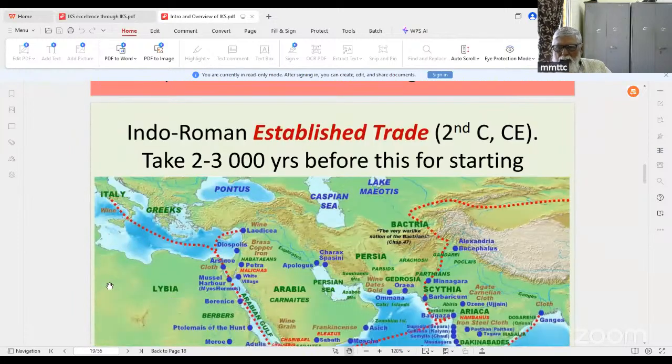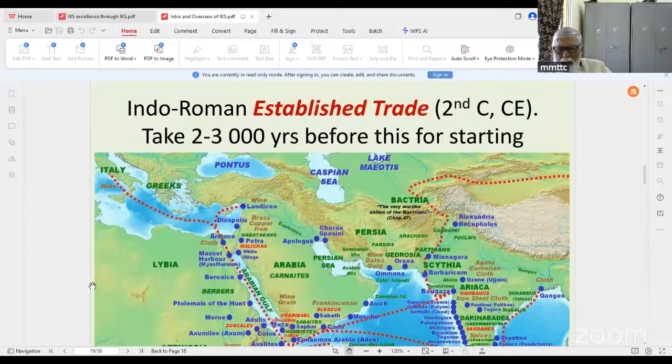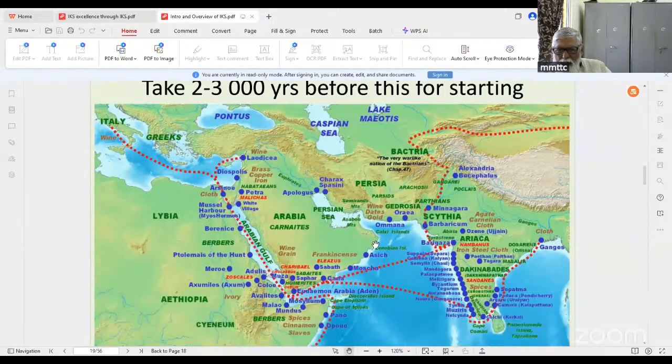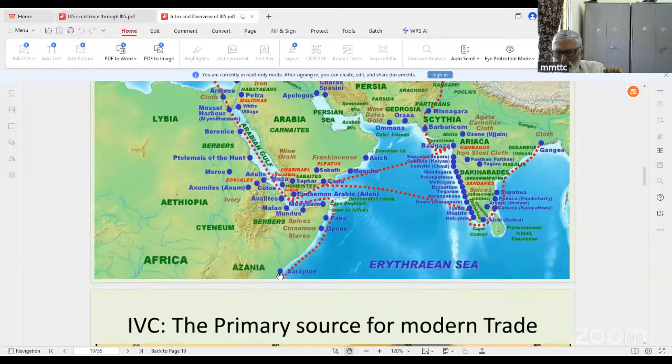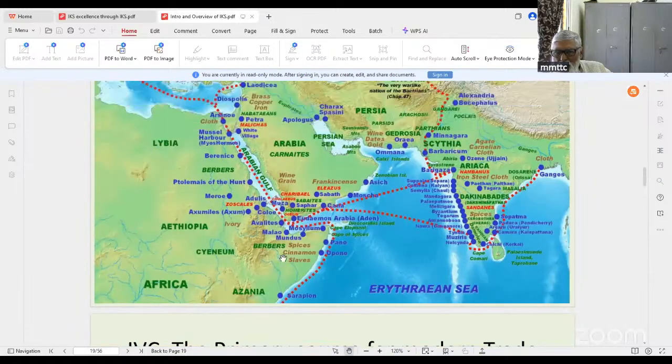So just look at it, 2000 years back. This is how India was looking. You can see here the west coast of India, east coast, but the west coast was packed with people from Rome, Greece, Middle East, Syria, Eastern Africa, Central Asia. Everybody was busy coming here and trading. India was the richest part of the world. This is 2000 years back.